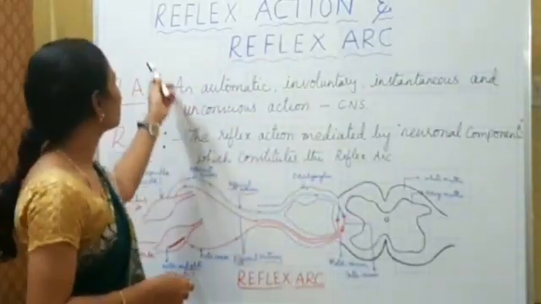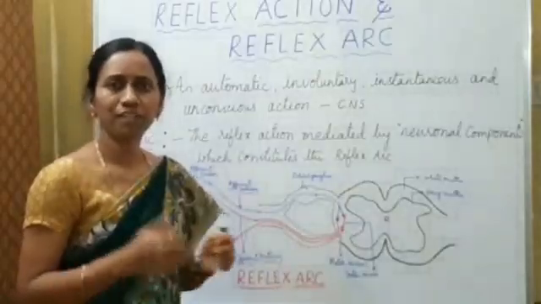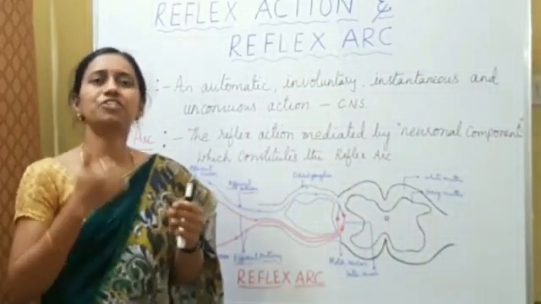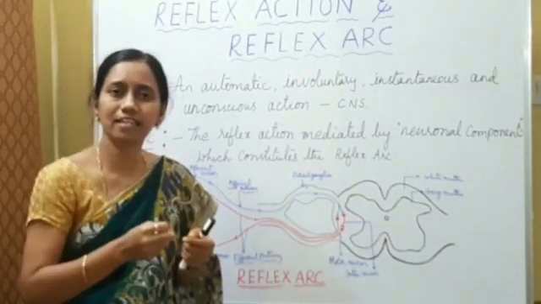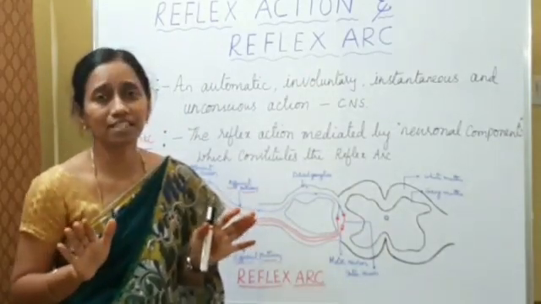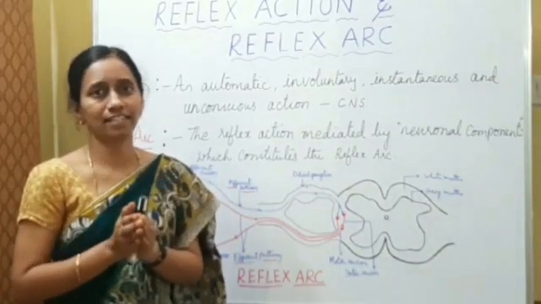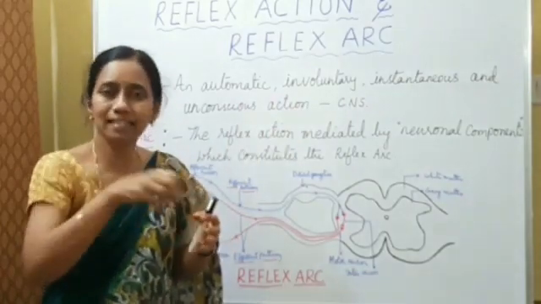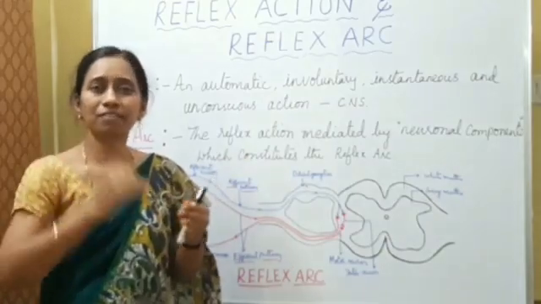Here I am going to explain you about the reflex action and the reflex arc. What is the reflex action and what is reflex arc? The actions which occur involuntarily, automatically, instantaneously and without our consciousness, those actions are called reflex actions. What is reflex arc? The components which are involved in this action, if we put them in series, that pathway is called